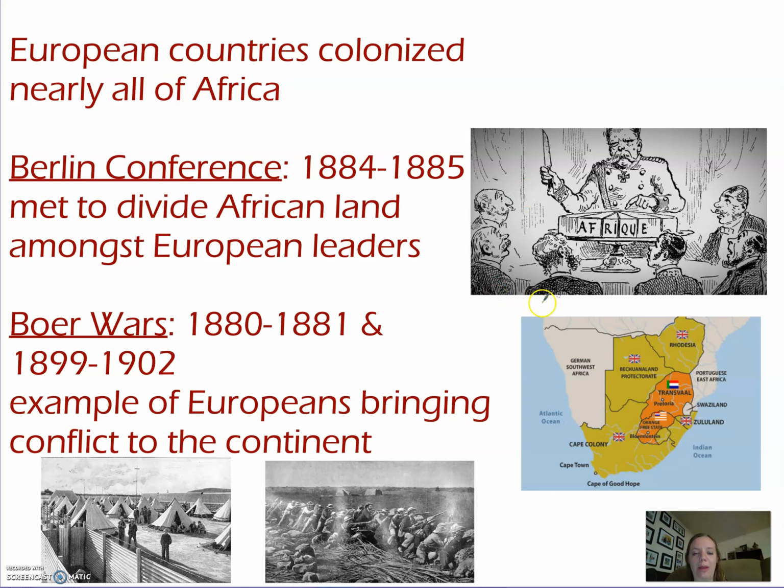So the European leaders met at the Berlin Conference. In Germany, a bunch of European leaders got together, and you can see from this political cartoon, they carved up the continent of Africa into multiple slices. They literally sat down and redrew boundary lines and border lines, not paying a lick of attention to the people who were already living there, the cultures that were already living there, these powerful kingdoms that had been there for eons, and instead going according to the land grabs and the land holdings of the European powers.